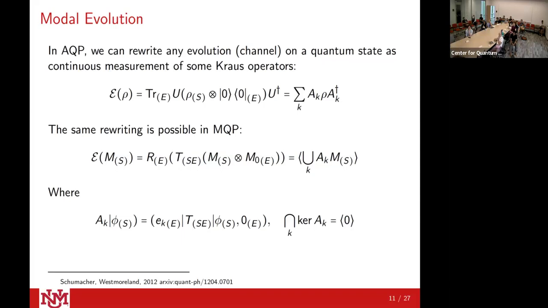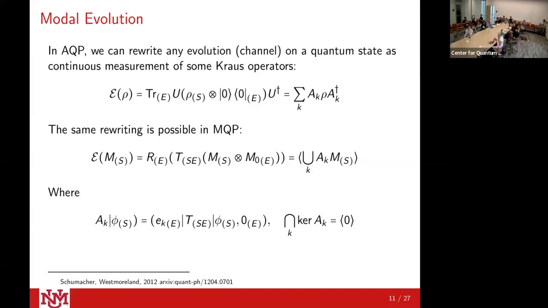And you can actually do a similar thing in modal quantum physics, where you have a remapping onto these Kraus operators. Oh, by the way, these angle brackets I'm using, at least in the modal section, mean the linear span, right? Because if I get a measurement outcome, basically the linear combinations always are going to apply here because we're not interested in the magnitudes of these inner products. We're interested in just the binary 0 or 1.